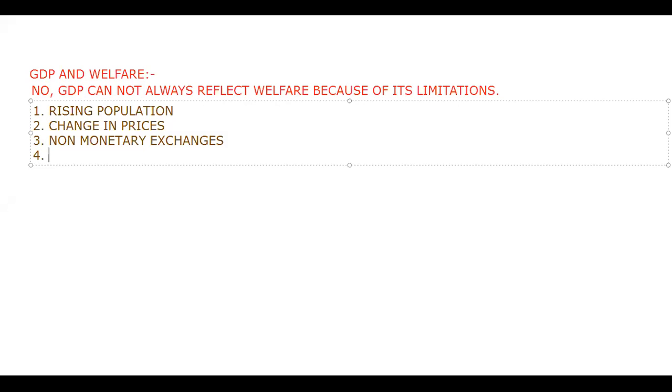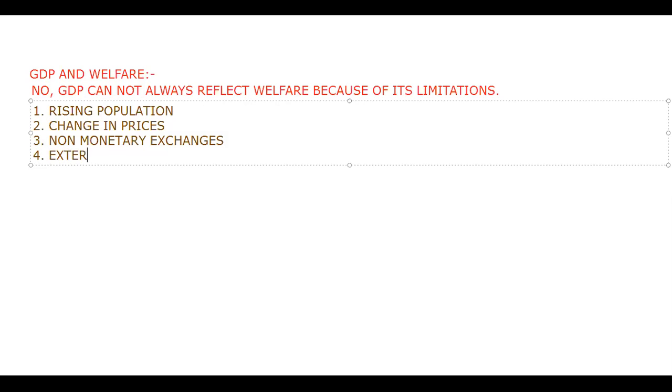Underestimation of GDP means that GDP is not considering non-monetary exchanges, because there are some transactions which are actually non-monetary exchanges. But we are not taking those transactions into account. So GDP is of course not giving us a true result of welfare, because these things must also be included. But because of lack of available data, we are not including these non-monetary exchanges in calculating the GDP. So somewhere the GDP is under-evaluated. Under-evaluated means we are not considering the complete money of GDP.